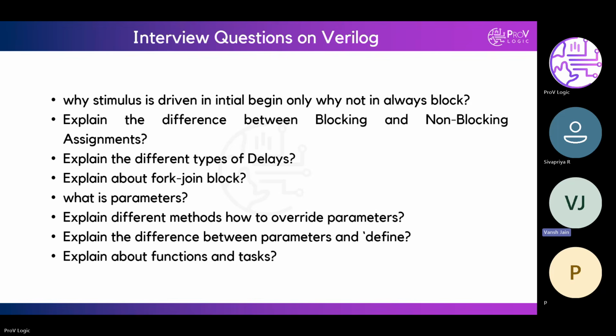Non-blocking assignment gives us that flexibility to model a register because instantly the value will not change. As soon as the clock is there, the previous value will come first.